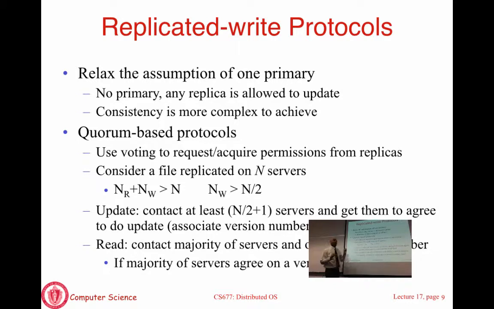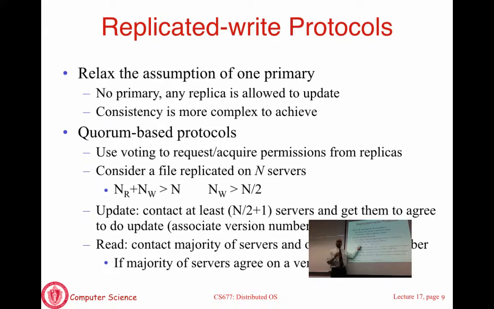So we'll assume there are two quorums: a read-based quorum and a write-based quorum. A read-based quorum, which we'll denote by N_R, is the number of servers that you have to ask, and they all have to agree in order for you to successfully process a read. A write-based quorum is the number of servers you have to send a write to, and they all have to process the write successfully before the write finishes. And we'll see there are different ways to pick the read and write quorum. This is just a number.